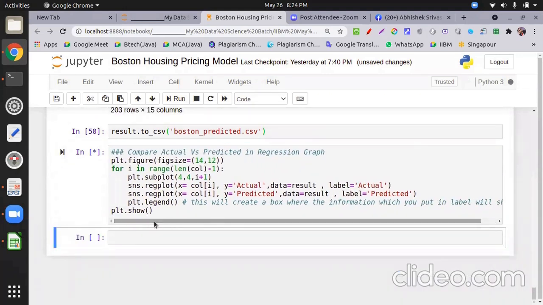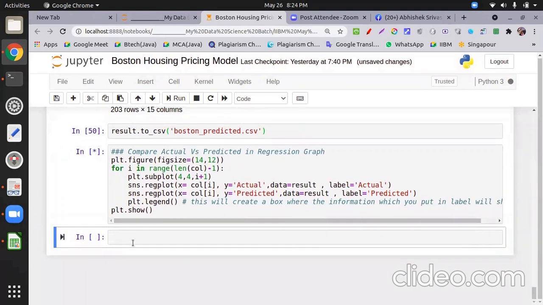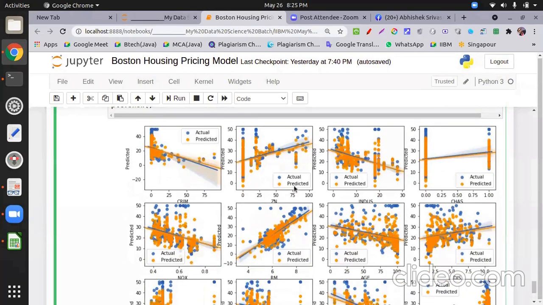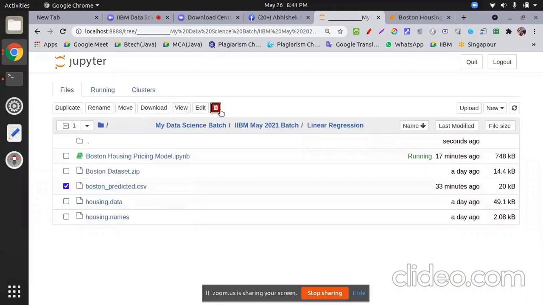Let's see. Let's play the game. It's running. See this beautiful plot. The blue values are actual and the yellow values are predicted. Actually one label comes over here, later the plot overrides it with predicted, so it's showing predicted. No problem. See the color. You can find the predicted value is near the actual value. So all my predicted values are near the actual values.